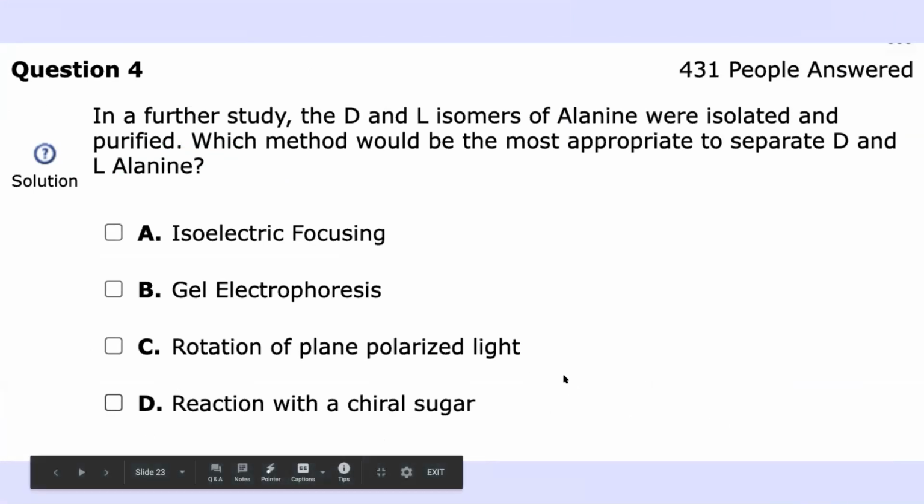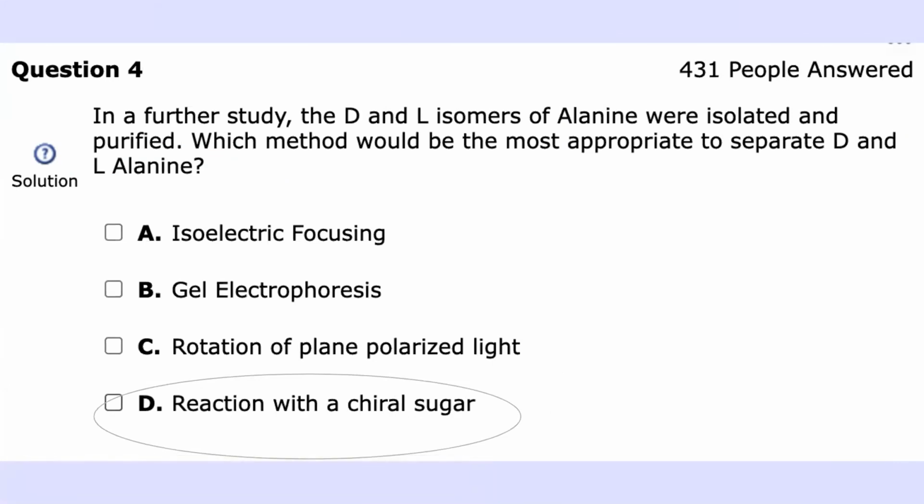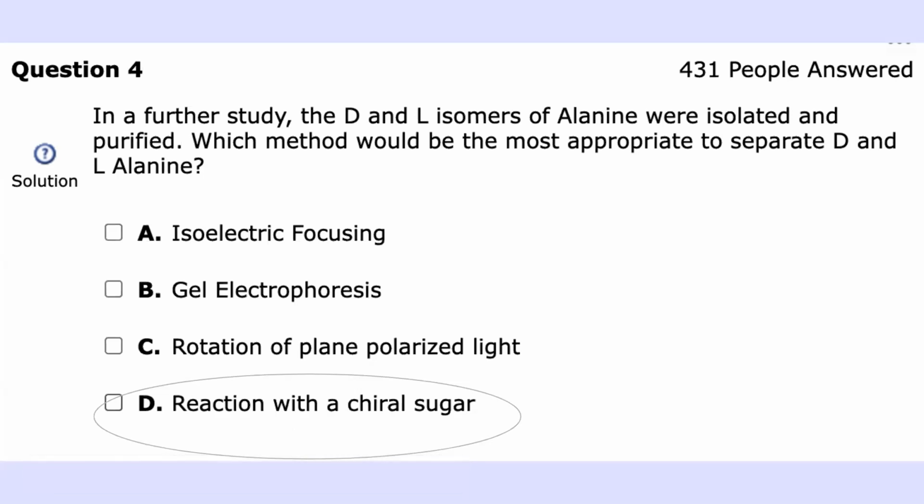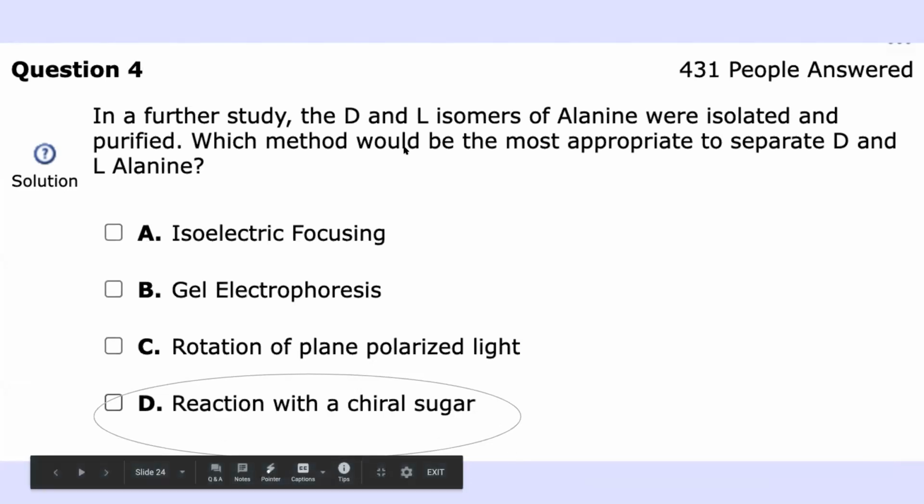Okay, so this would actually be D because we need to separate them, and we can do that by using a reagent that would make diastereomers, and those can be separated because those would be two different, what do you call those compounds, they wouldn't have identical chemical properties, but the D and L isomers have